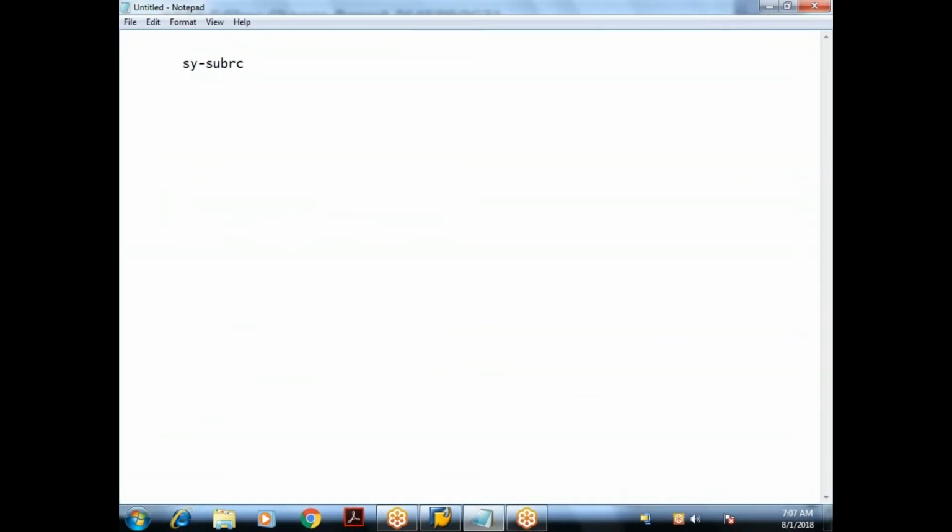So from now onwards, we will be using one system field called what? sy-subrc. Already we have used some system fields like what? sy-uname, sy-uzeit. sy-uname is for what? It contains the login username. sy-uzeit for what? Application server time. sy-datum is for what? Application server date. sy-repid is for what? It contains the program name. And we have seen sy-tfill. It contains what? The count of the number of records in the internal table. And we have seen sy-tabix, which will hold the current index position in the internal table.